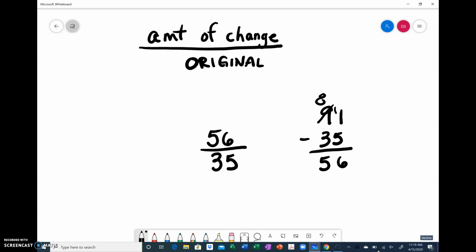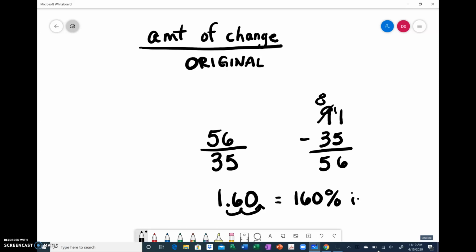Okay, then into my calculator, I'm going to do 56 divided by 35 and get 1.6. And I'm going to put a 0 here because you will see to transfer this decimal to a percent, I actually have to go over here on the other side of the 0. So it's